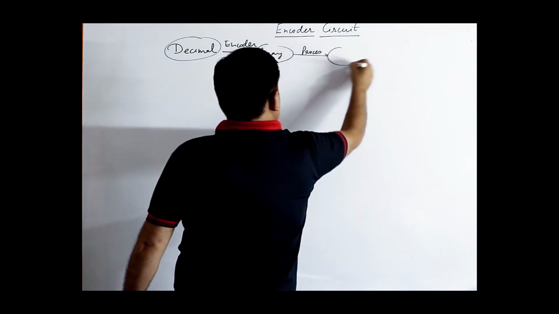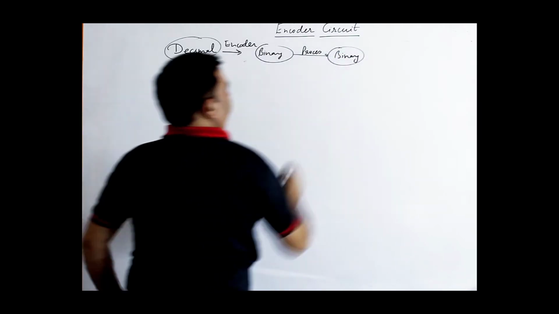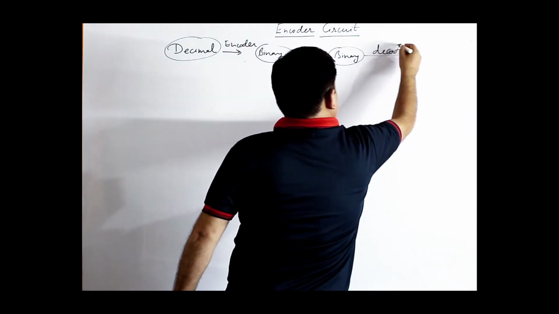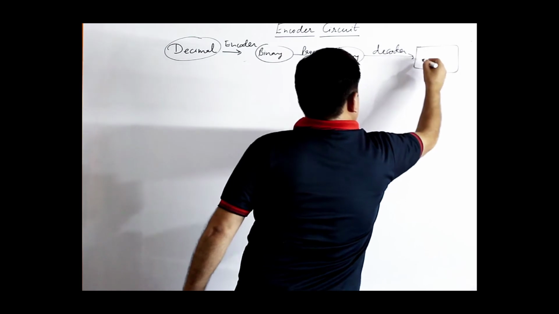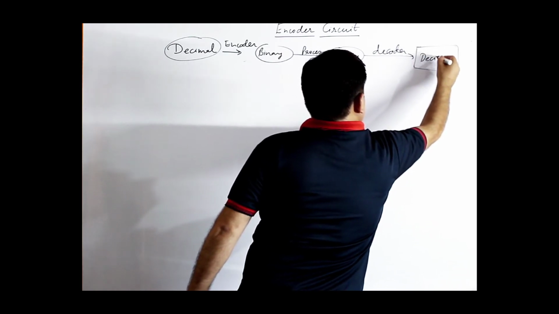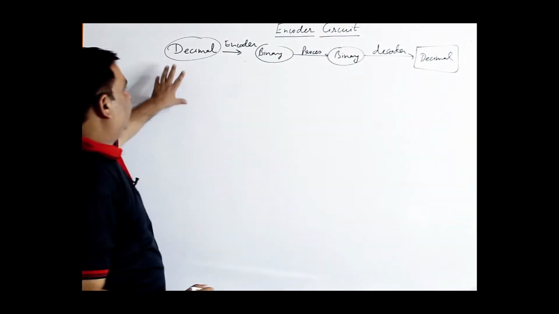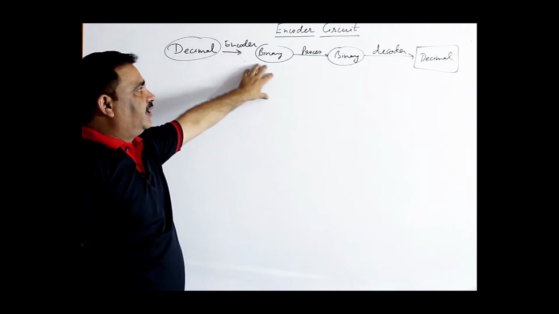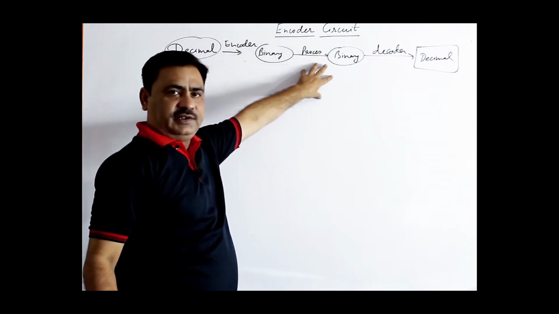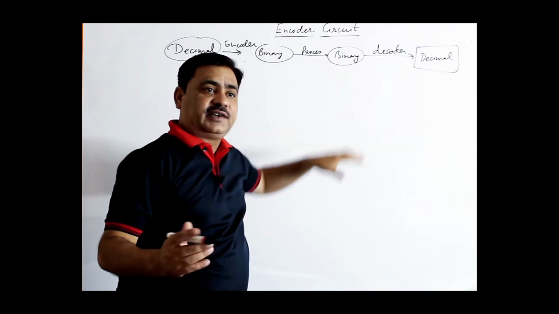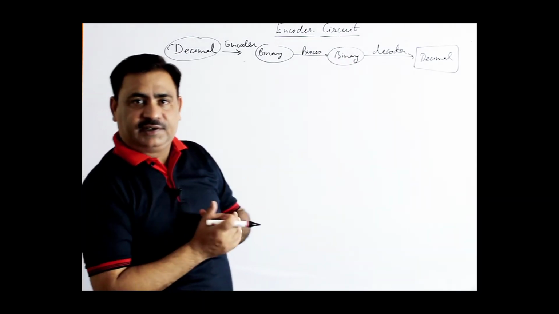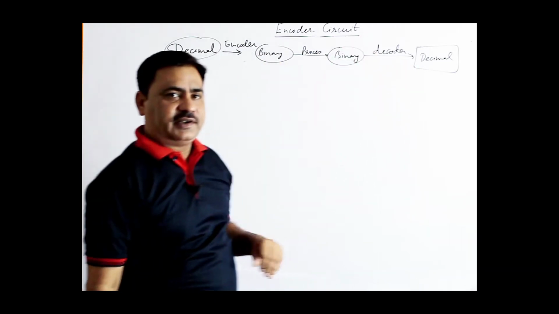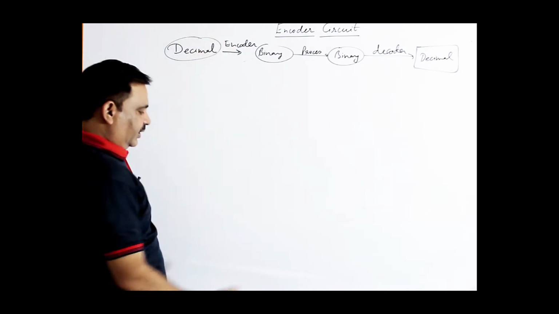After processing, results always remain in binary, but finally the decoder converts them into the decimal number system. Input is decimal, output is decimal. Here the encoder converts into binary. Inside the computer binary processing is there and results remain in binary, but when it comes on the terminal screen, you can see it is converted again into decimal using the decoder circuit. So first of all, let us discuss the encoder circuit.